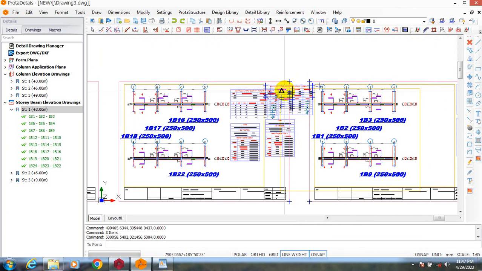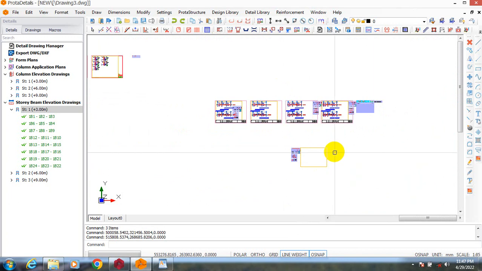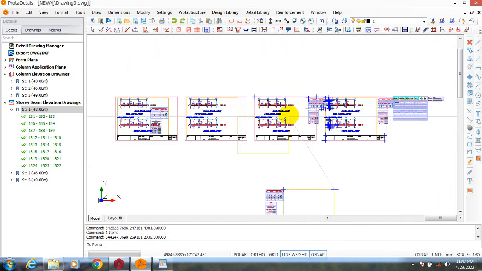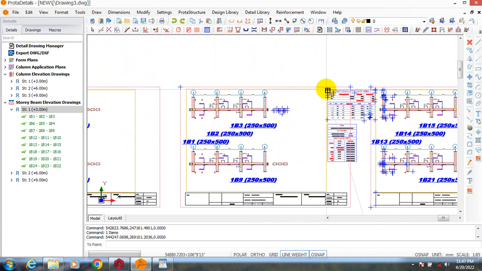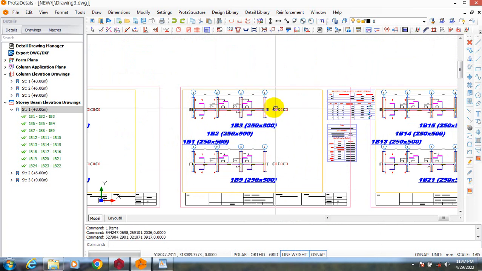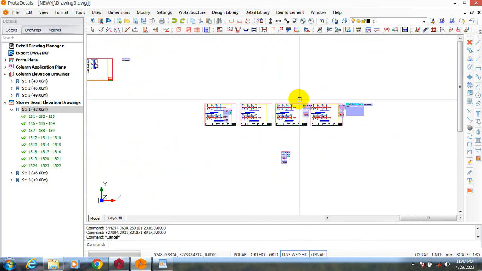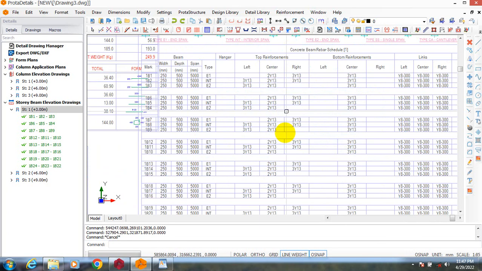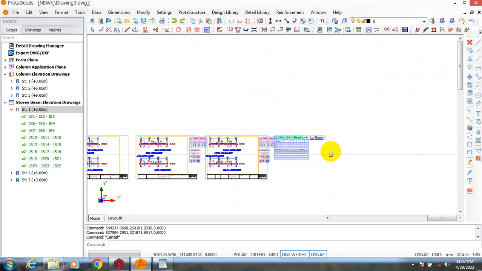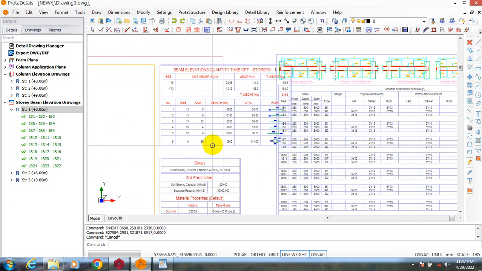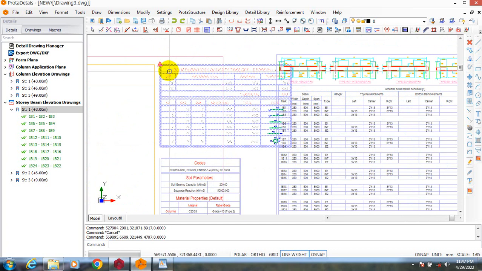Printer moved with, let me just move it out. I moved this line, I can take it back. Well, in a way you can see how you can actually play around with this Protadetail. You can do all of your editing from here directly instead of taking them to AutoCAD to actually arrange. So you can actually print from here directly. You don't necessarily need to